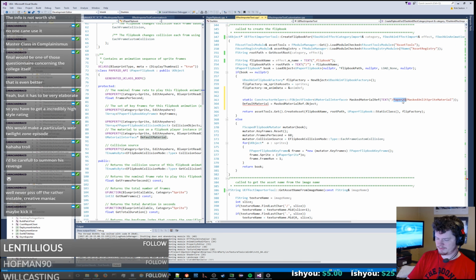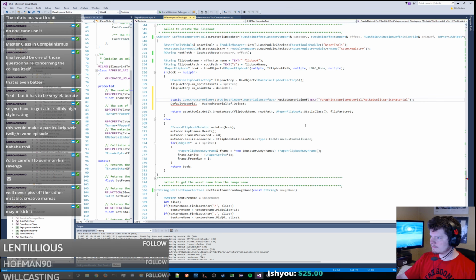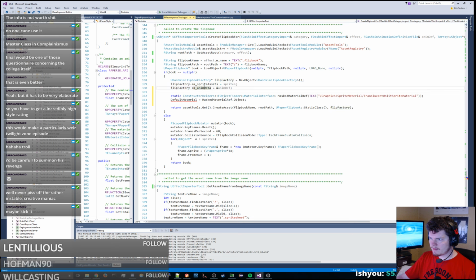And this is, again, this should be like graphics, sprite materials. It should be translucent unlit sprite material. I don't want to change this constructor thing though, so